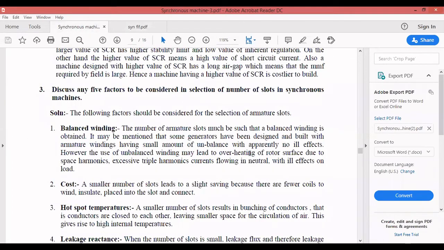On the rotor surface, if you go for unbalanced winding, harmonics will be generated. It may be third harmonics or fifth harmonics. It will be generated, and you can see here excessive